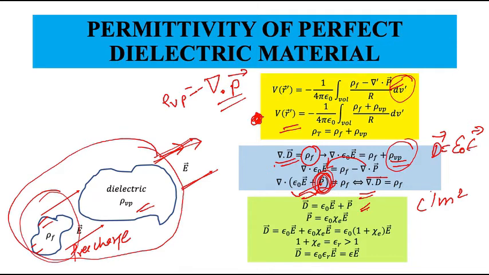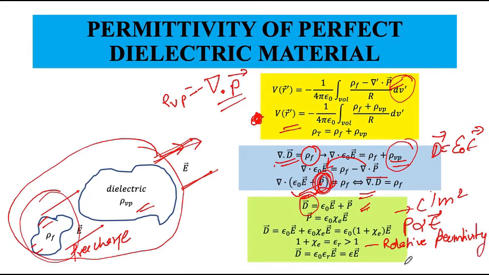Now we have seen that this vector P, in most cases, is proportional to the electric field, to the first power of the electric field, through the susceptibility parameter chi e. So I can introduce P into the expression for D and write epsilon naught times 1 plus chi e times the electric field. We have given a name to 1 plus chi e: the relative permittivity.